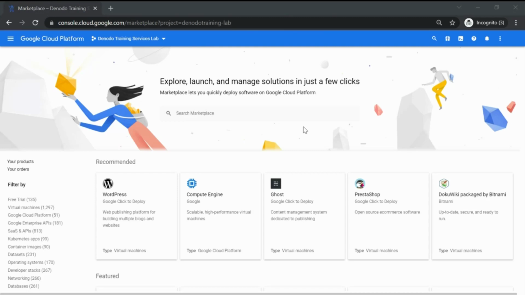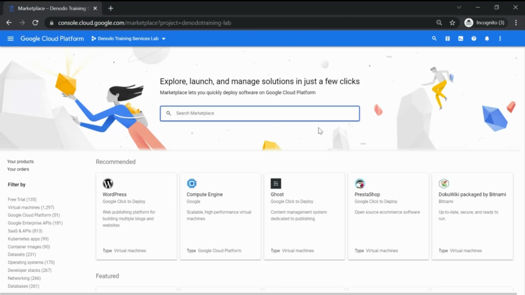To open the Marketplace of Google Cloud Platform, you must have a GCP account. You can create and launch your Denodo Professional for GCP pay-as-you-go instance using that GCP account. As part of building a Denodo Professional environment on the GCP, we need to launch the Denodo Professional VM, log into the Design Studio, and register for Denodo support. Let's watch how to do each of these steps in the next few minutes.